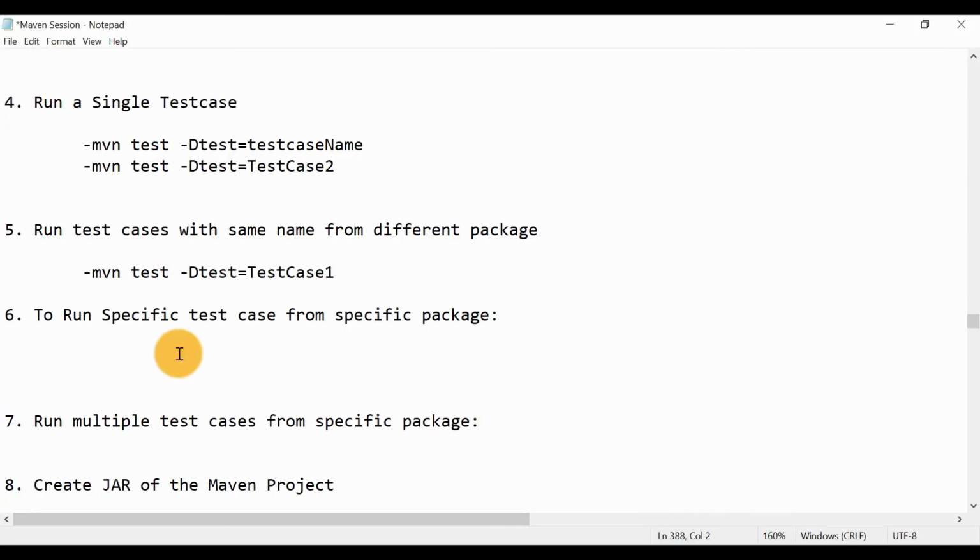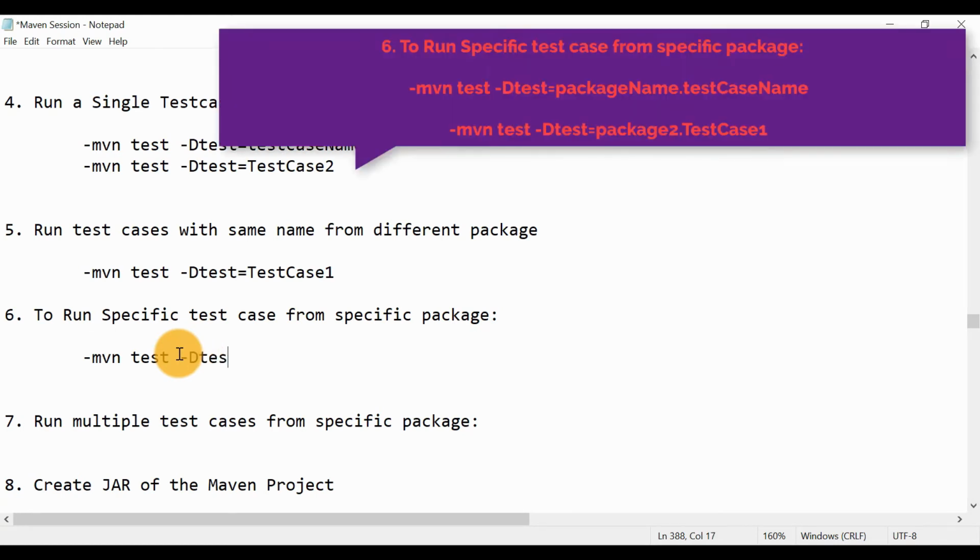For that we need to write the command mvn test, then space, hyphen D test equal to, and you need to provide the package name here, from which you want to run the test case, and here the test case name.